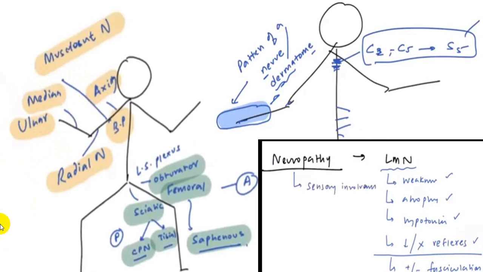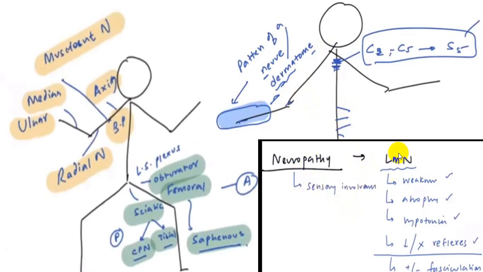So depending upon that, in lower limb you will come across what we call the lumbosacral plexus, that is obturator nerve, femoral nerve, sciatic nerve, common peroneal nerve, tibial nerve. You will have a lateral peroneal nerve, saphenous, etc. And you have got a brachial plexus which is supplying the upper limb, and you have got a lumbosacral plexus which is supplying the lower limb. So depending upon that, but a classical finding we have already mentioned in a neuropathy.